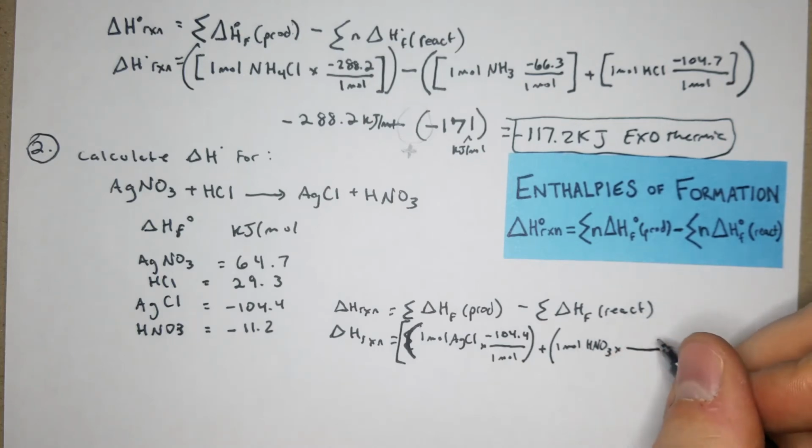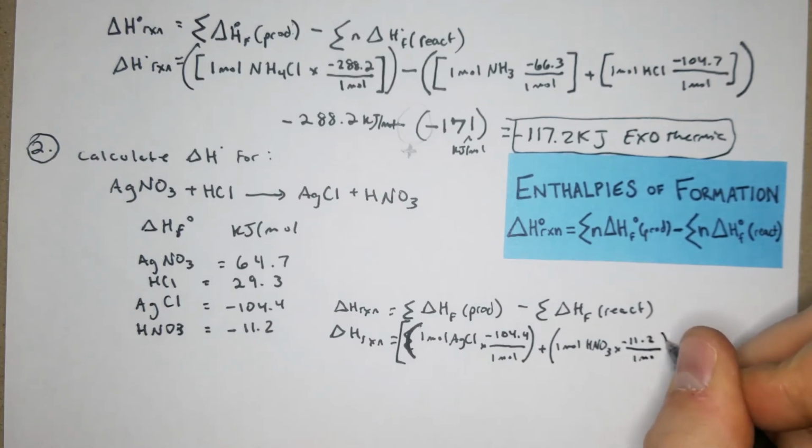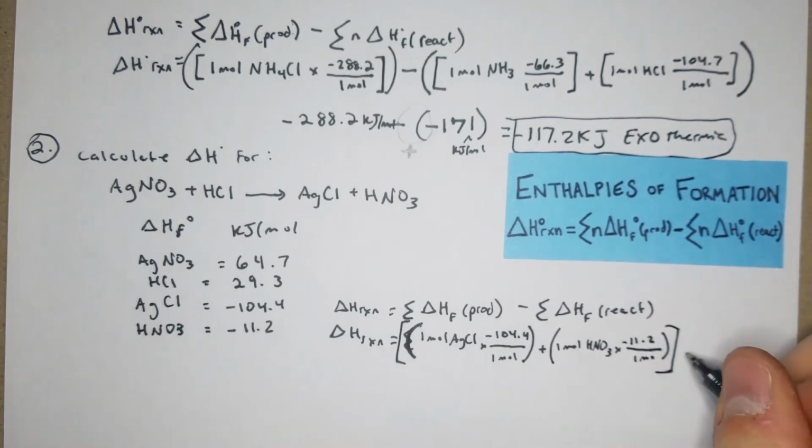HNO3 is going to be negative 11.2, 1 mole. So all that minus